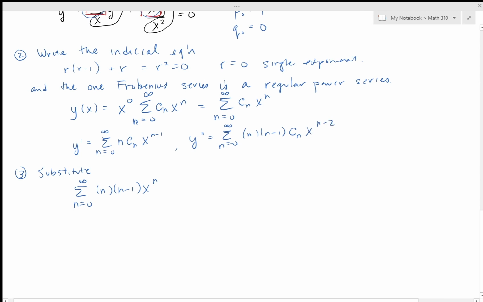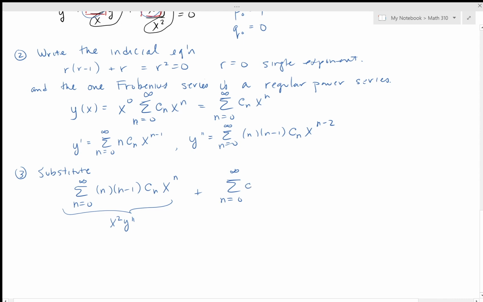And then when I substitute in, this Cn will still be here again, Cn x to the n, and it's x to the n because this expression here is x squared y double prime. And then I will add to it x y prime, so this will look like this, the sum n equals 0 to infinity, and here we'd have